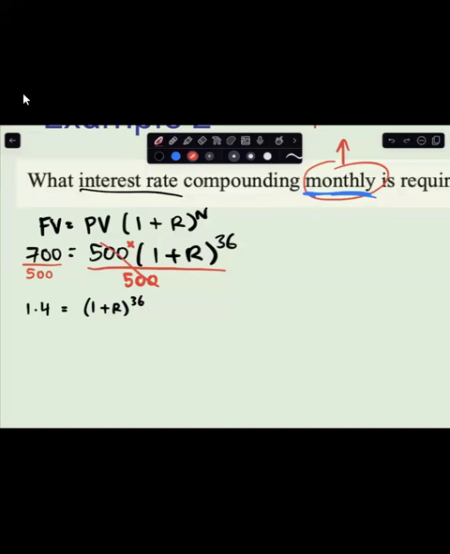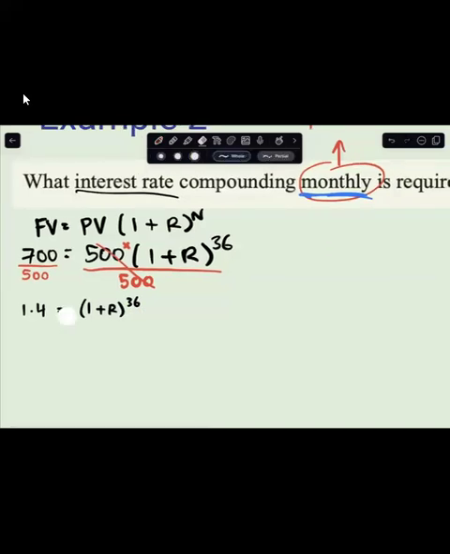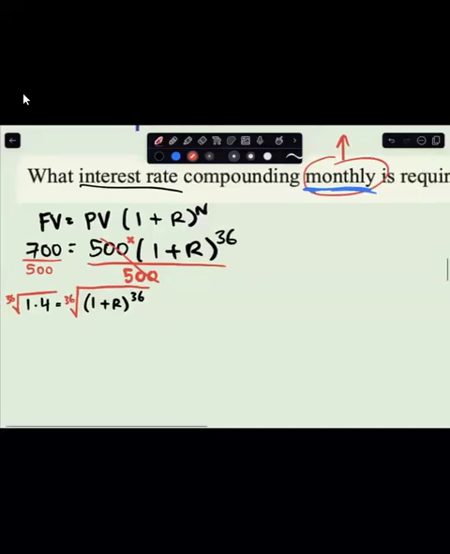So I'll root it to the 36. Okay. Now, this will cancel out. I'm left with, on the right-hand side at the moment,